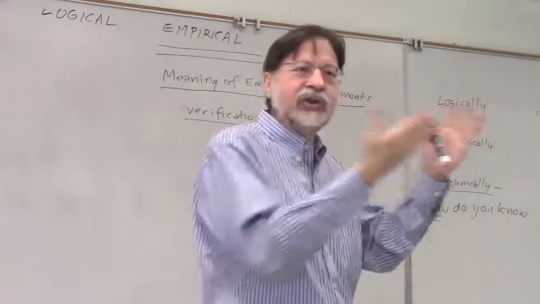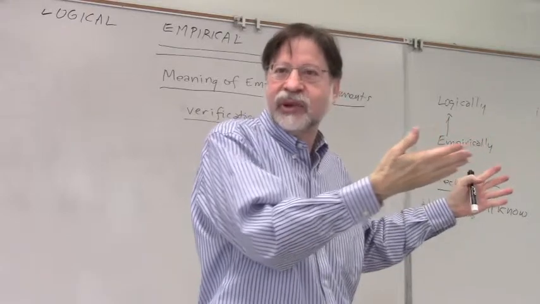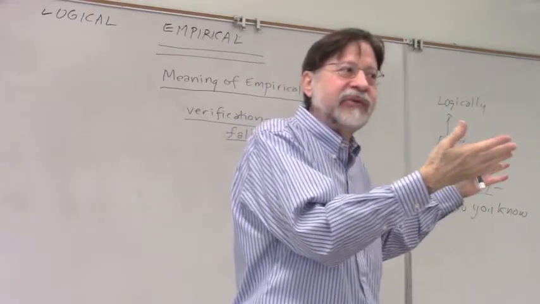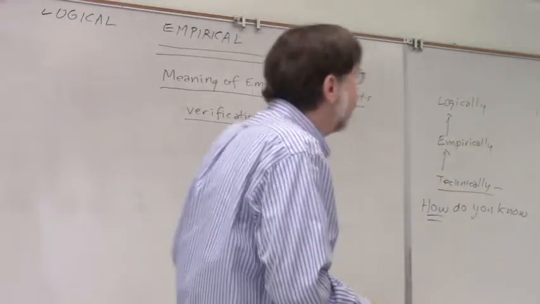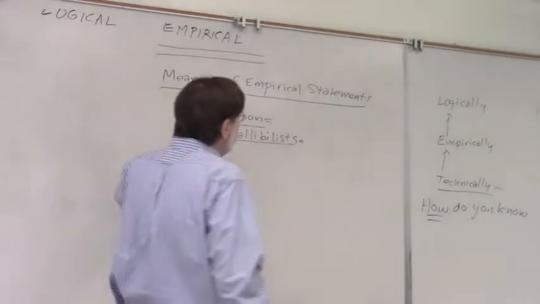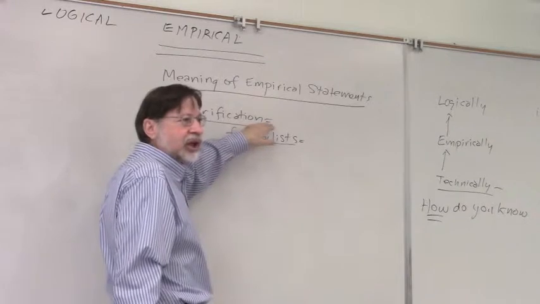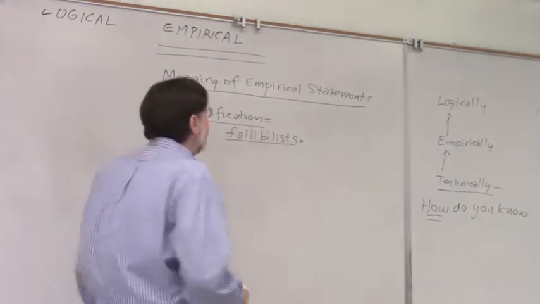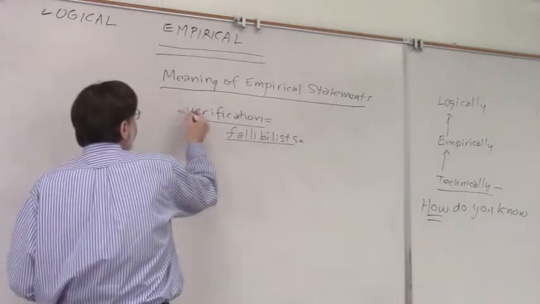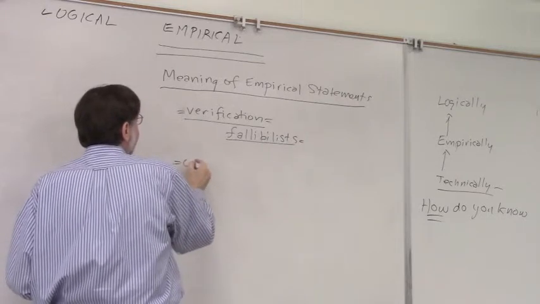We could all be hallucinating the existence of the cop and the other people. We don't know for sure that there are other people verifying that the tire is flat. So the fallibilists will say, their argument was, if this is your definition of meaning, you can't ever resolve it. So there's a weaker position, and it's operationism.